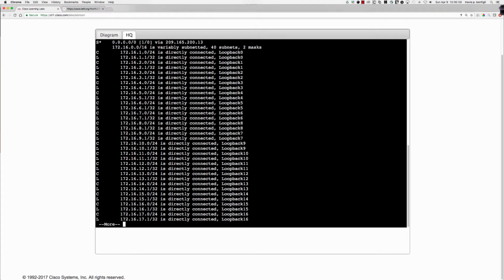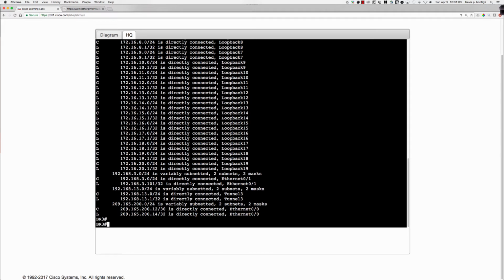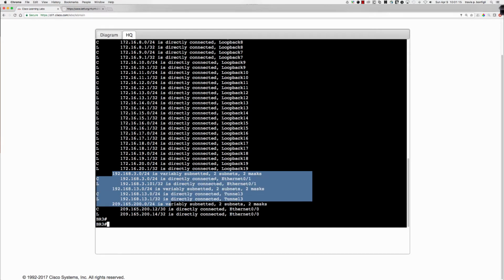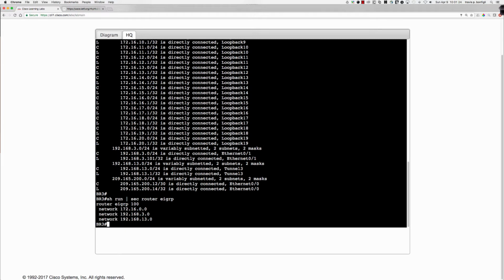And so we see a whole bunch of 172s. And then we see our 192.168.3, right? So we see the directly connected network, but we're not seeing any of the other networks. And so remember, we're running EIGRP. So when I say show run section router eigrp, right, that's what the EIGRP section looks like. So if there was redistribution going on, right, and this is sort of the first clue, if there was redistribution going on and we were receiving the routing information from the headquarters router, because if I were to say show